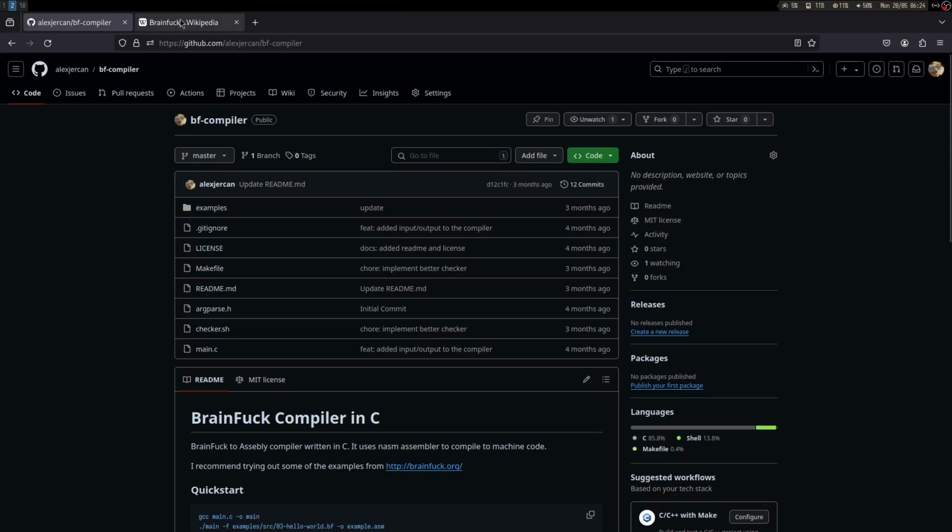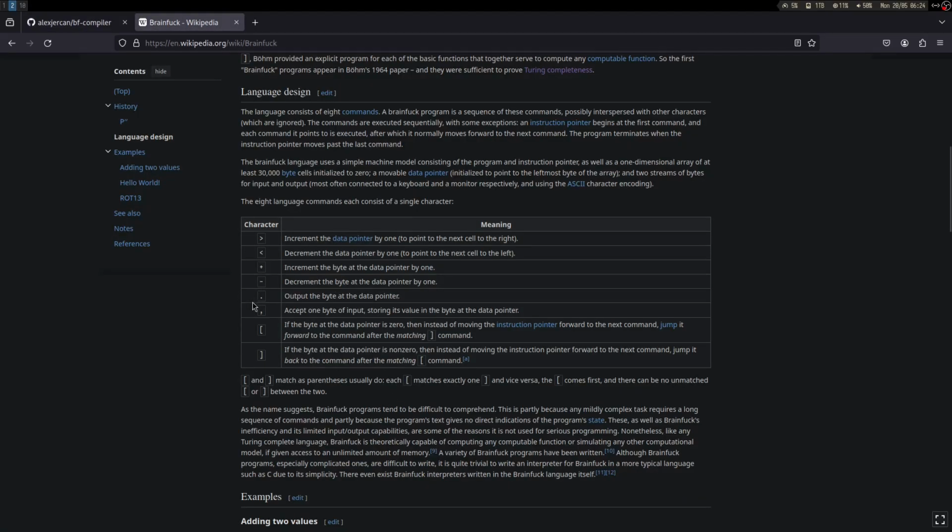If you don't know what brainfuck is, it's an esoteric programming language. It has only like what, 8 symbols, right? It can move to the right or move to the left, like a Turing machine. It has these 2 symbols. Then it has an increment and decrement for the head, output, input, and then it has these, oh my god, this annoyed me so much when we implemented the